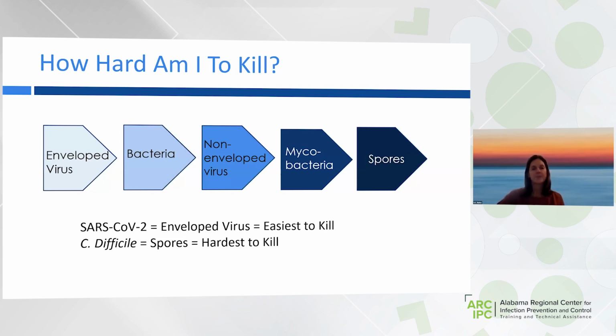So just a reminder in terms of our pathogens. Some of our pathogens are easier to kill than others in the environment. The enveloped viruses are the easiest to kill, so I try to think of "enveloped easy" as a reminder. And then spores such as C. difficile are the hardest to kill in the environment. Certainly we have a lot of different bacteria and viruses that we expect to encounter on a daily basis, and this is the spectrum from the easiest to the most difficult to kill. So we have the bacteria, then the non-enveloped viruses, and then the mycobacteria.